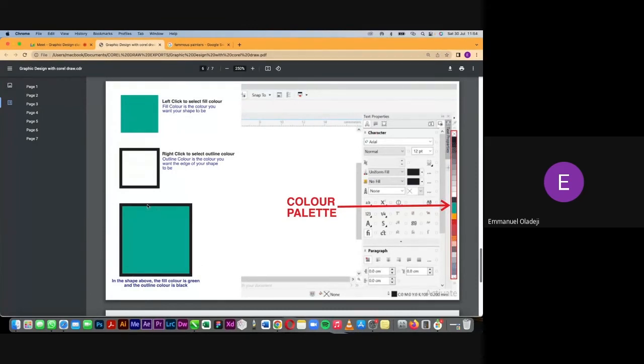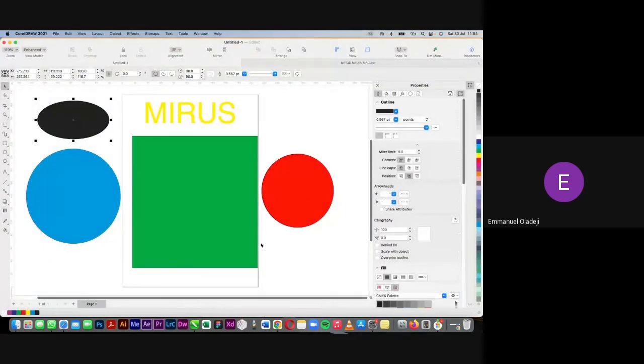So in order to change the color on the edge of the shape, instead of left clicking, you go to the color and you right click. Now let me go to my color order. So go back to the shape in the middle of your design. Everybody, this is the shape. So instead of left clicking to select a color, don't left click now, right click. When you right click on it, the outline color will change from the black